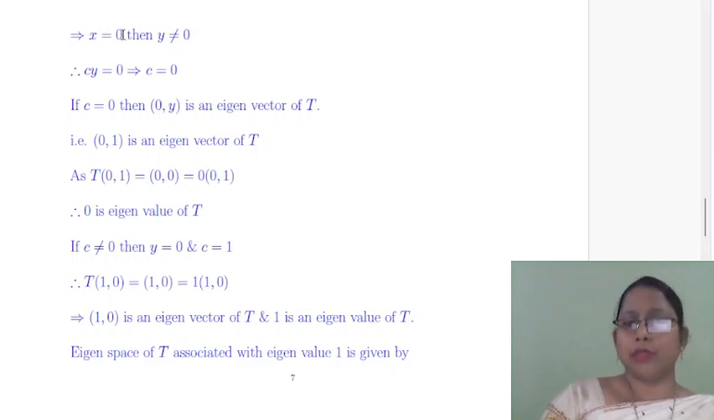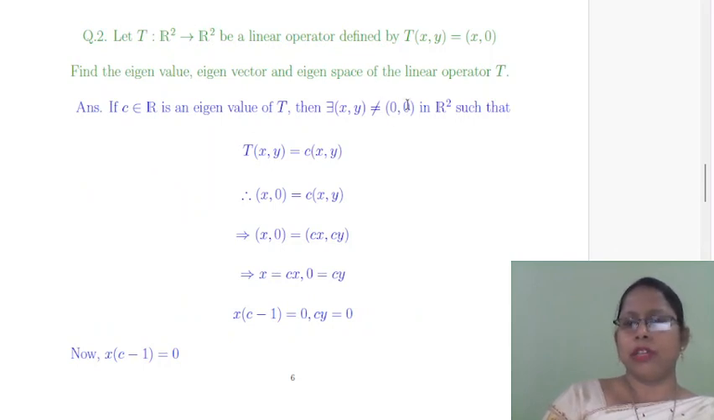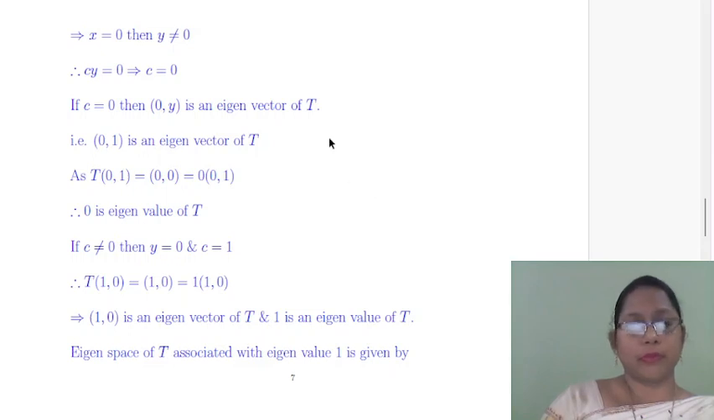If x is equal to 0, then y must not equal 0. Otherwise, this vector will be the 0 vector. In the definition of eigenvector, the vector must be non-zero. Here, if y is not equal to 0, then from the equation cy = 0, we get c is equal to 0. If c is equal to 0, x is 0, and y is non-zero, this is my eigenvector: (0, y) is an eigenvector. In particular, if we take y equal to 1, then (0, 1) is my eigenvector corresponding